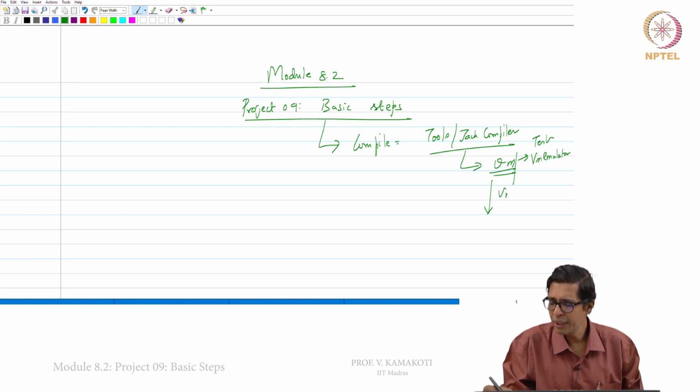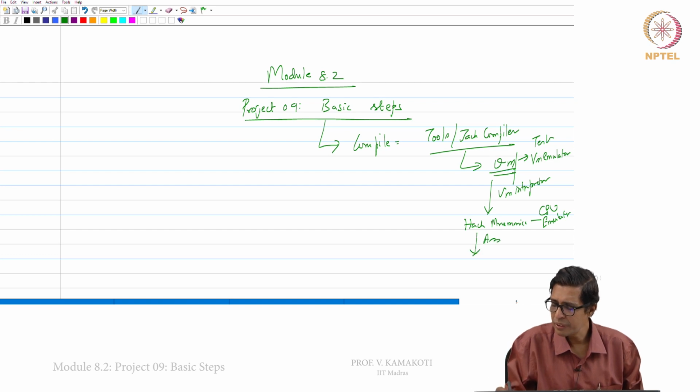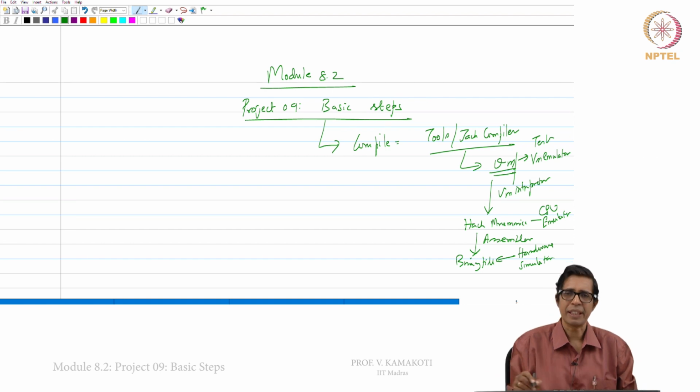You can use your VM interpreter to get your hack mnemonic files. This you can run on your CPU emulator and see whether this is working. Now, we can use our own assembler that we have developed to get the binary file, and this you can run on the hardware simulator and see if it is working correctly.